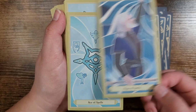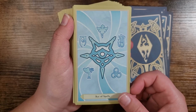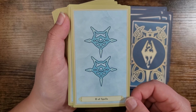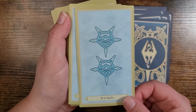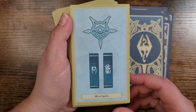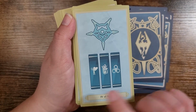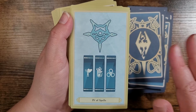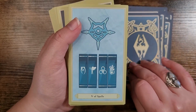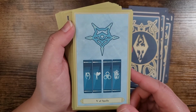It's interesting. Okay, this is probably going to be disappointing for a lot of you with the minors here. I don't know what any of these symbols mean, so I'm telling you, I know nothing about this deck, so I can't really judge what represents what, but I would be disappointed